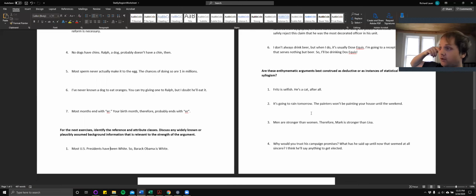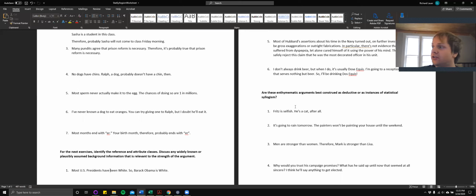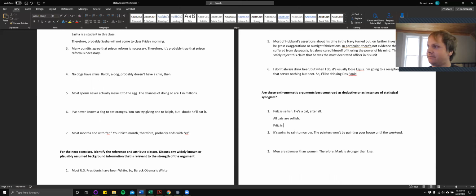So let's use one more example from this first exercise in the third set. The instructions just say, are these enthymematic arguments best construed as deductive or as instances of statistical syllogism? So here you might get both the skeletal forms from the Prezi slides, the inductive form and the deductive form, right? So we have Fritz is selfish, he's a cat after all. And this is saying, well, look, we have reason to believe that Fritz is selfish, namely it's because he's a cat. And so one way to read this is to say, well, all cats are selfish, Fritz is a cat,